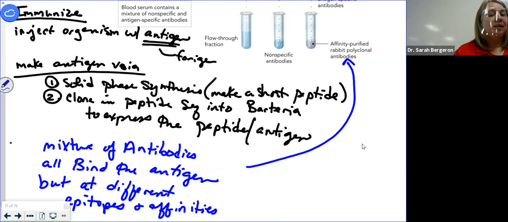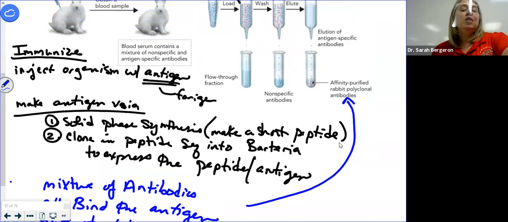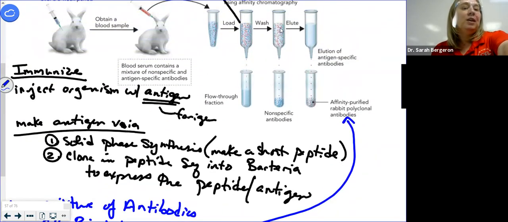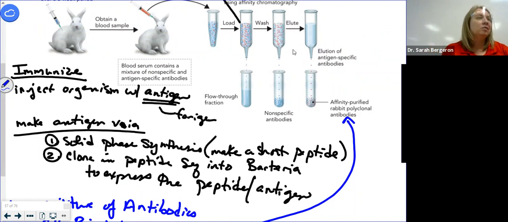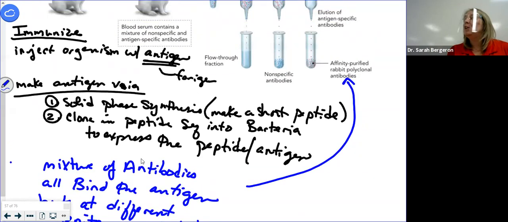Now with the antibodies you get from the column, would they be bound to antigens? No, not anymore, because here they were bound. But then I'm going to add some kind of a solution that's going to release them. Usually it's a salt concentration thing. They can't bind in high salt concentrations and they elute out. So now I have these purified polyclonal antibodies. All right, that's polyclonal. Now, how do we make monoclonal?